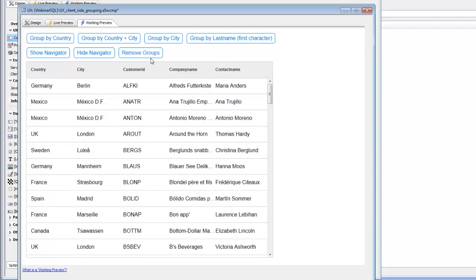So what we've shown in this video here is how group breaks and navigators can be defined client side. They can be defined either as part of the list definition itself, which means that they'll be rendered when the list is initially rendered, or they can be applied after the fact through your own Action JavaScript code or your own JavaScript code by placing buttons on the UX component that execute the appropriate JavaScript to apply client-side grouping and